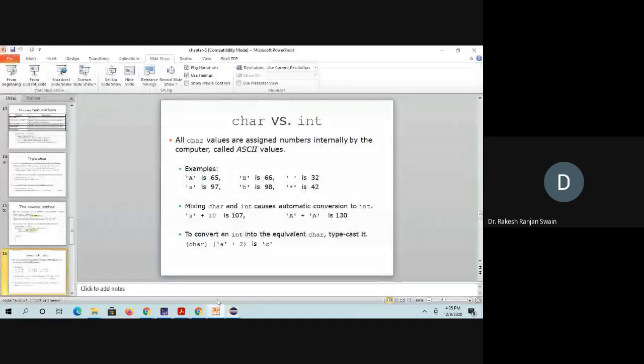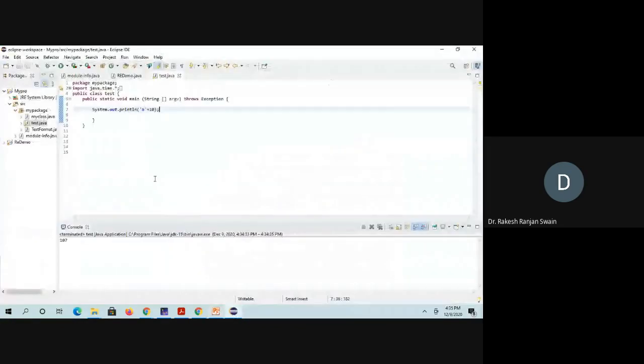So that is why the observation is: whenever you mix a character with an integer, it causes automatic conversion to an integer. 'a' plus 10 becomes 107. Similarly, if you mix a capital 'A' and 'A', or small 'a', you can mix anything. This is also internally converted into a number.